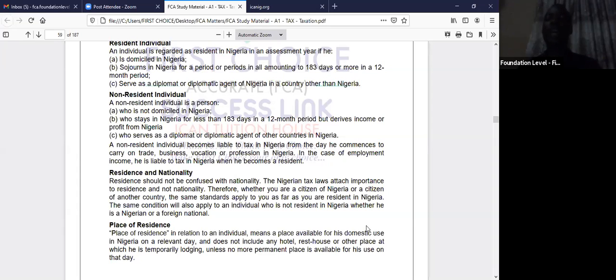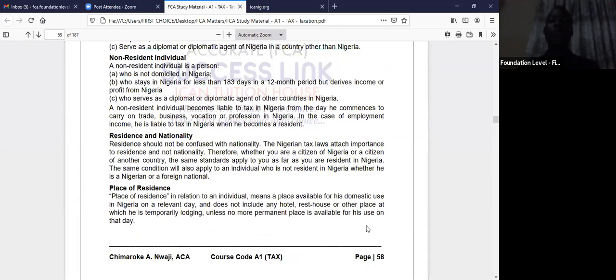So sometimes you hear Nigerians in the diaspora. These are not people who are domiciled in Nigeria. They are not residents, but they are Nigerians. So we should not confuse it. In Nigerian taxation, residence is what counts. So whether you are a foreign national or a Nigerian national, if you are a resident, you pay tax to Nigeria. Okay, now that we've got that sorted out,